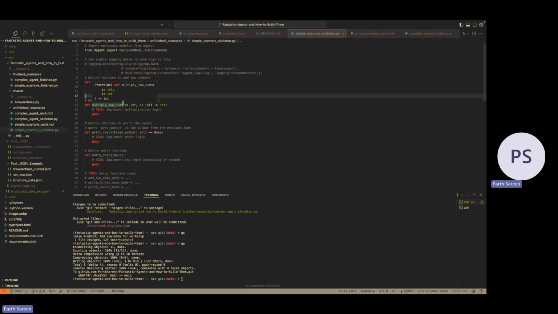Do we need a couple more minutes? Oh yeah, so it is under source, under fantastic agents, and under unfinished examples, and it's called simple example skeleton, so that you can fill it in.